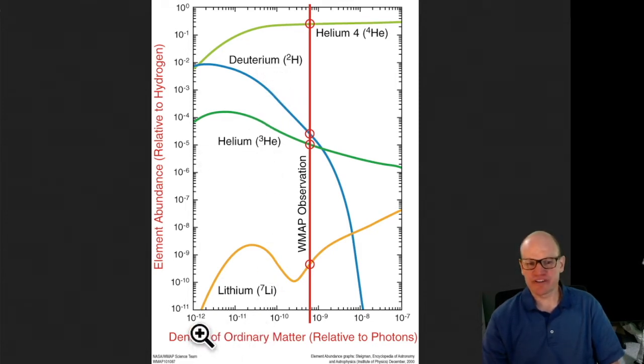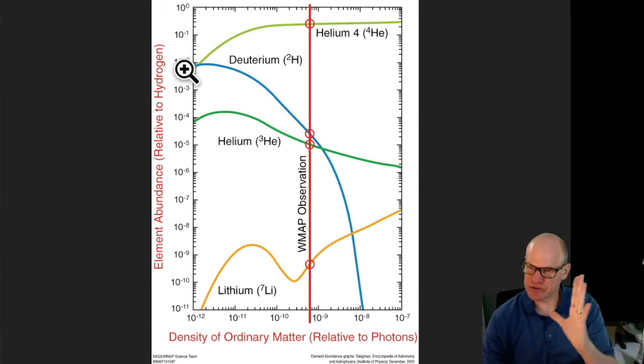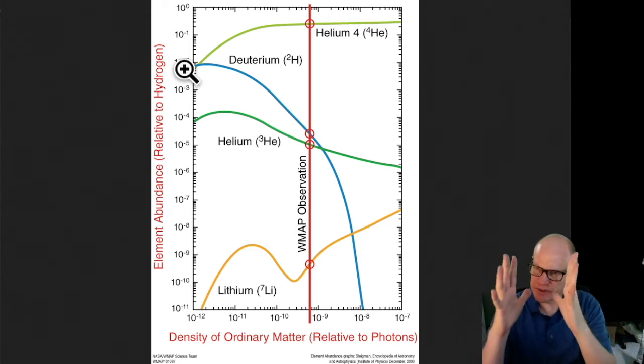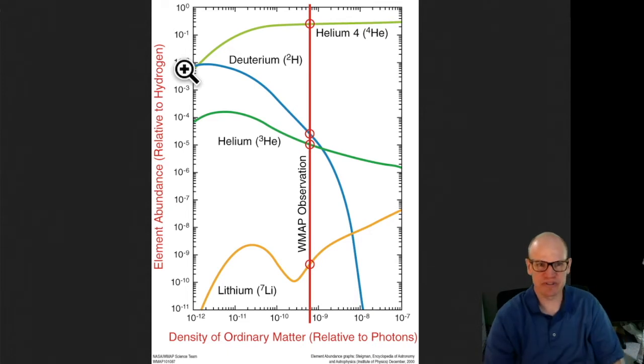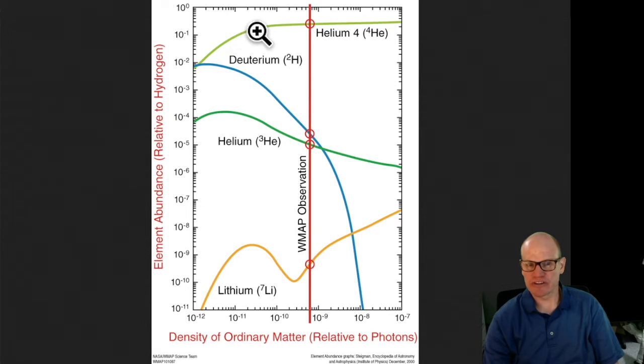If you start with a very diffuse universe, so way, way down here, if this is the universe that we lived in, so not very much regular matter, then you find that for every 100 hydrogen atoms, you would get one helium and one deuterium. That doesn't sound like very much. If the density increases, so we're not changing time, we're just saying here's this period of time, if we increase the density, which increases the probability of these interactions taking place, then the helium-4 abundance will grow.